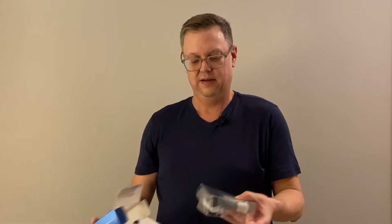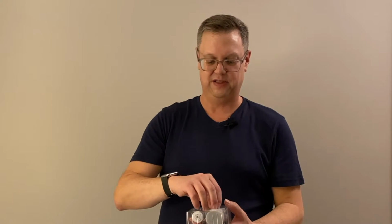So it's got 5 different air nozzles. And it's got a charge indicator light, so you can see if it needs battery charge or not. And it's got a low power indicator, so you can tell when it needs to be charged. Now in the pack it comes with its USB-C cord. And it's got a nifty little pouch to carry it around in. And 5 different attachments. And the pump itself,